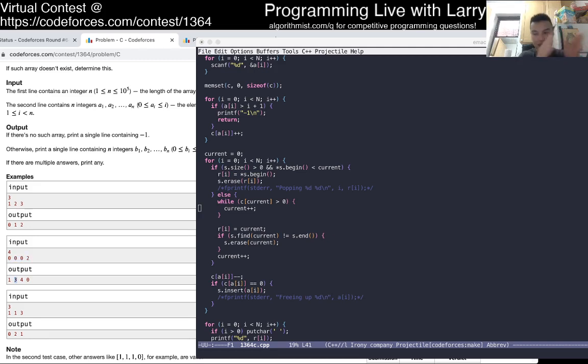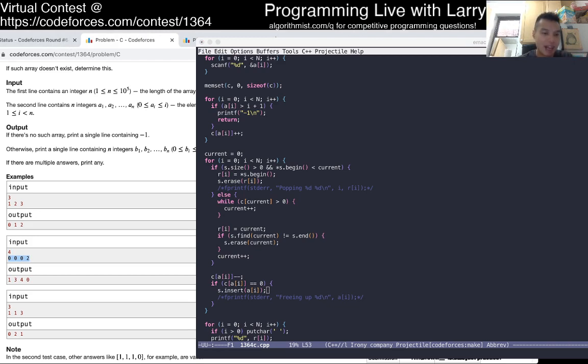After that realization, and maybe that observation is not that hard, it becomes an implementation problem, and the implementation problem is kind of tricky and is just figuring out that as you process these numbers from left to right, certain numbers are available again.